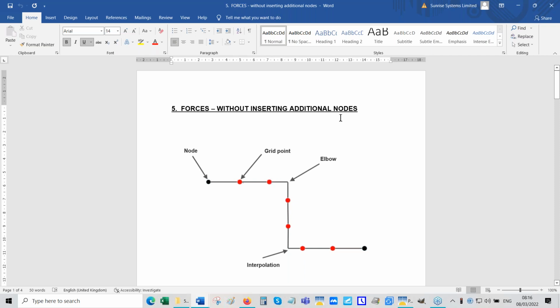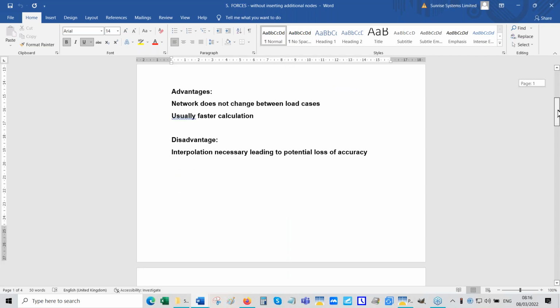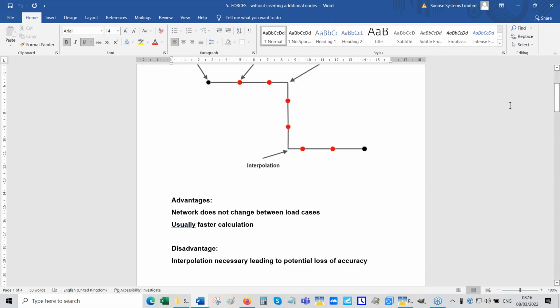So if you do not insert additional nodes, that is what we're doing. We're doing some interpolation. What are the advantages of not inserting nodes? The network does not change between load cases. See, if you inserted nodes,